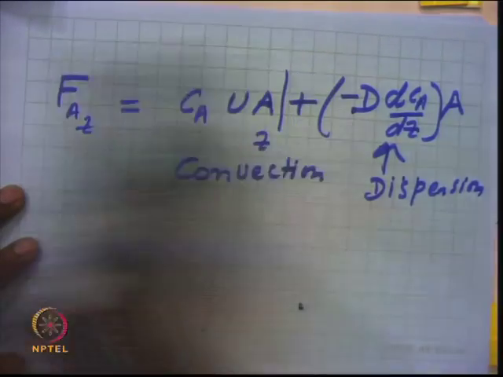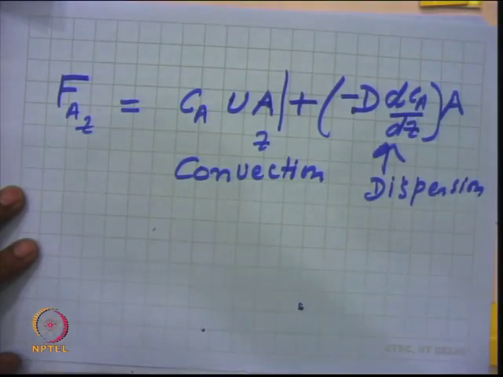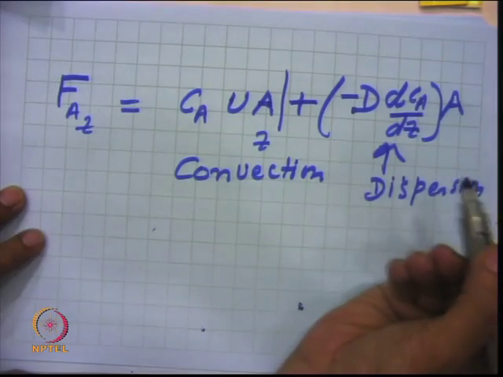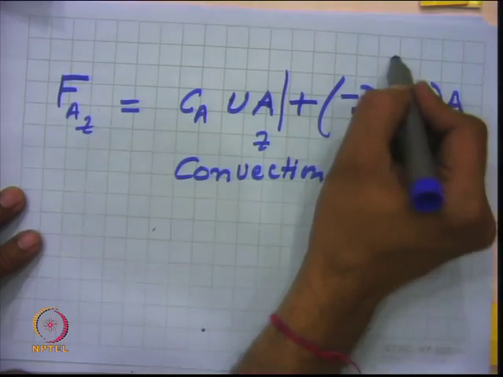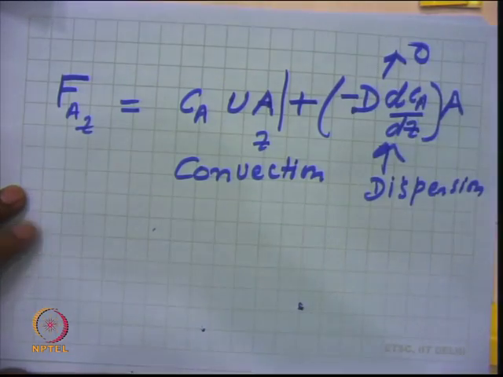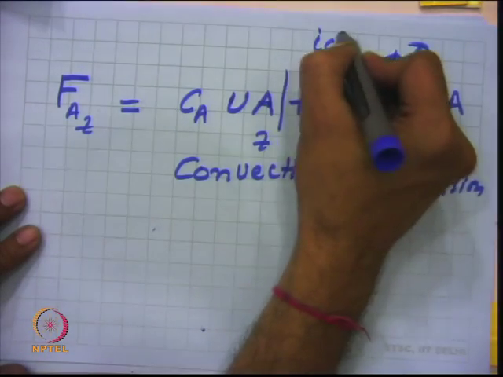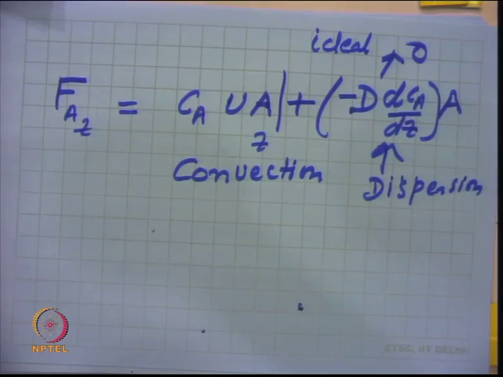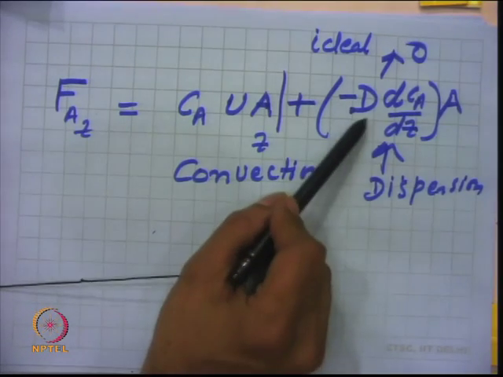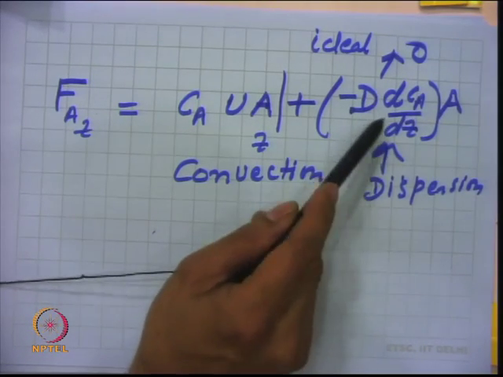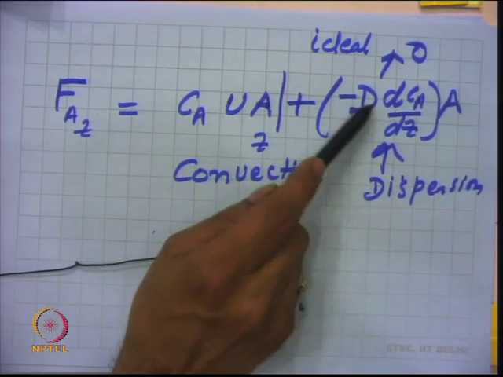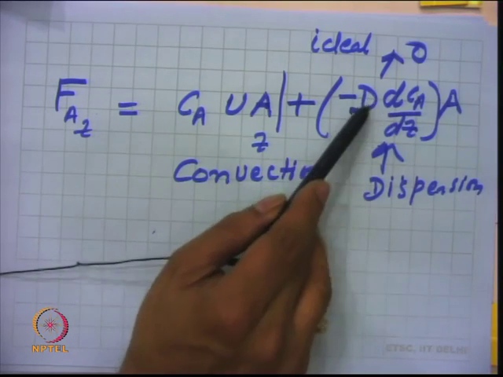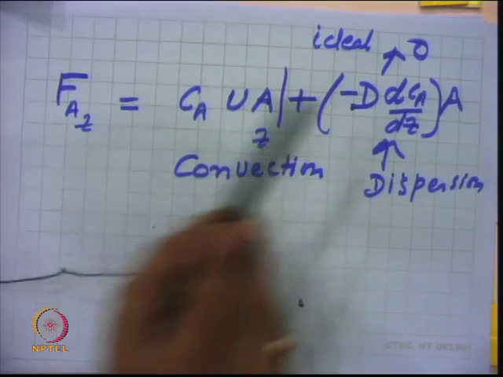This can happen in the direction of flow, and this can happen normal to the direction of flow also. If you say your reactor is ideal or behaving like a plug flow reactor, then this term will be 0 for an ideal reactor. You need not work on it; in that case your RTD represents the same time, which is equal to tau. Otherwise, you need to find out this D, which is a kind of diffusion coefficient, but not actually a diffusion coefficient, because diffusion coefficient is a property of the molecule, but here it is a flow property.